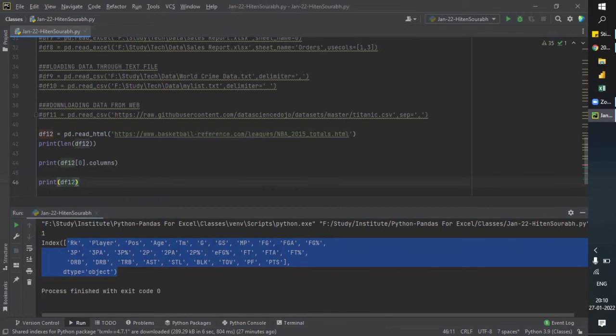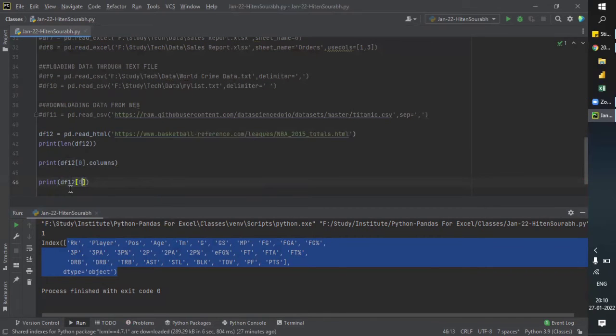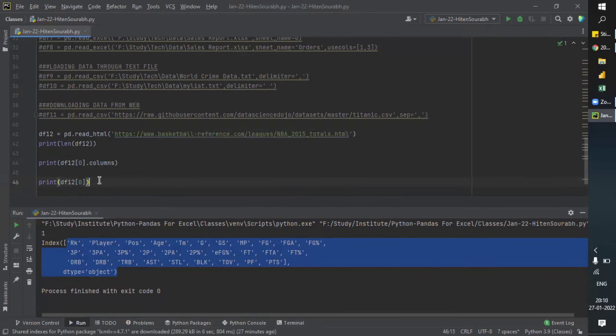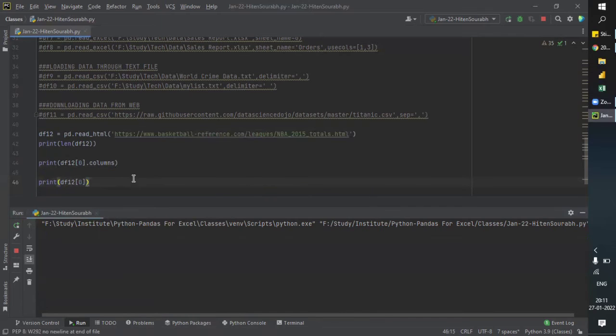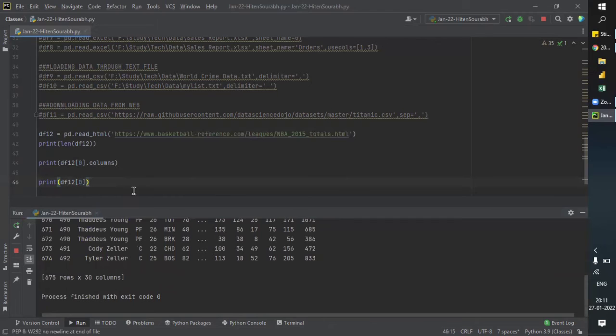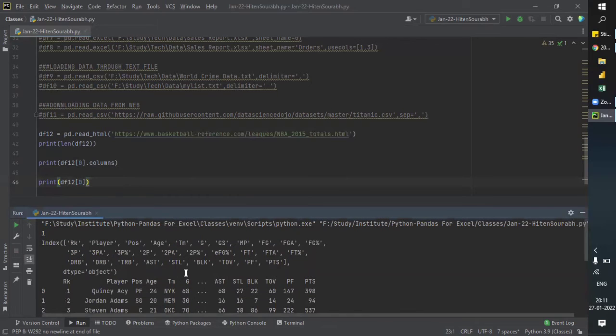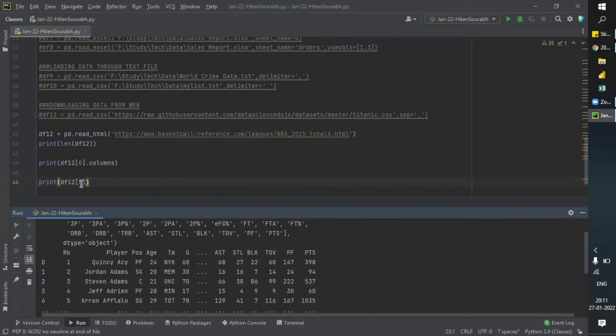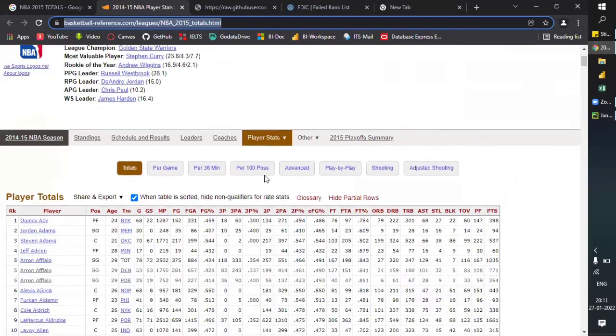and we had 0. Okay. Now let me just run this. So this is a hit and trial method where you need to find which is your current table. For me, it was just the first table in that web page, so I got it from 0. You might get it on 2 or 3 or 4 as per the page and number of tables on that particular page. You can see there is only one table.